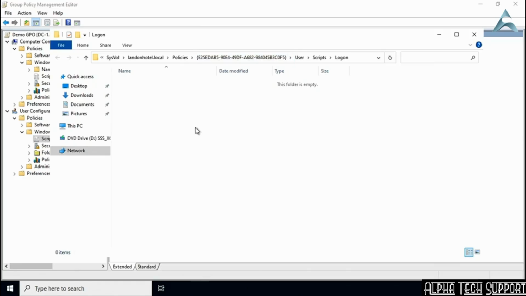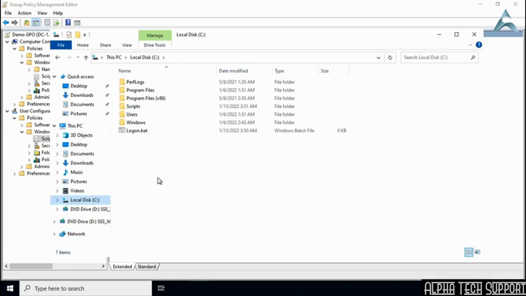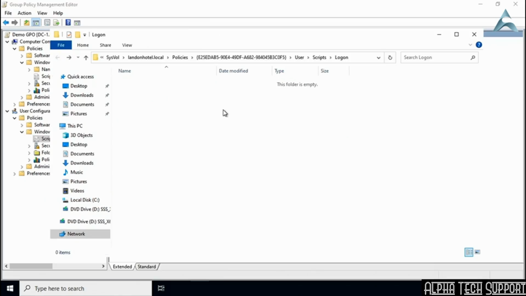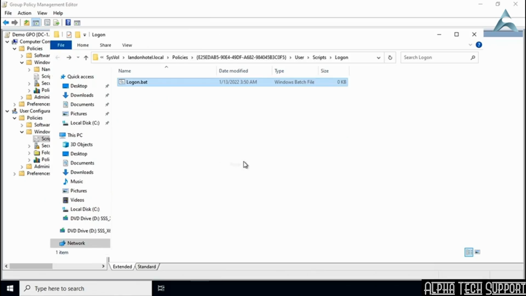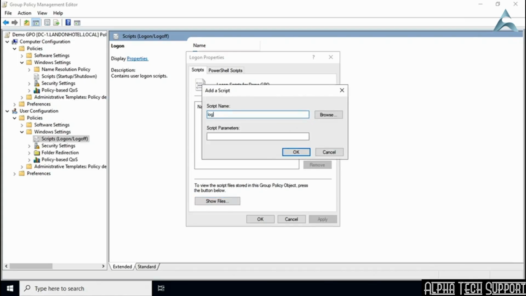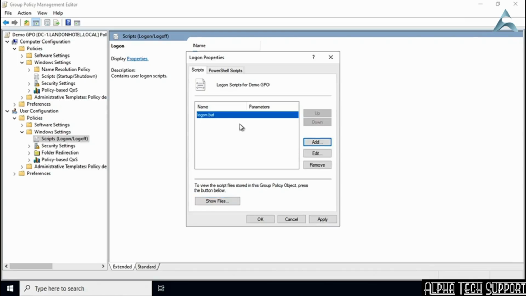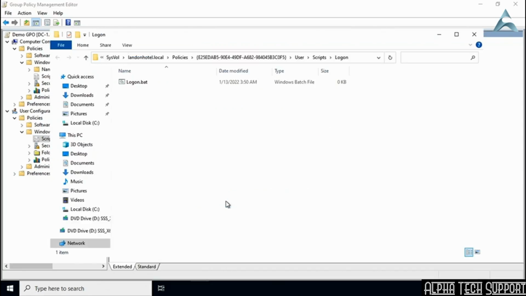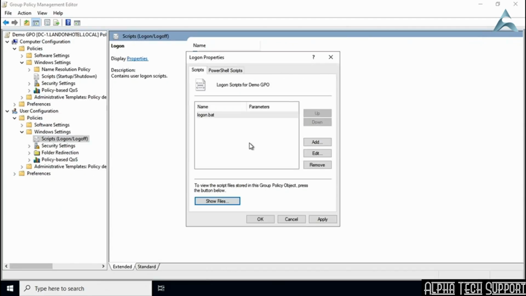location. So what I'm going to do is jump to my C drive, take that batch file and hit copy. And I'm going to go back to this shared location and paste it in there. Now, if I were to add and just simply say logon.bat, automatically where it's going to be looking for this is in this shared location that we found under show files. Okay, and as long as it exists there, which it does, the user will be able to access it and